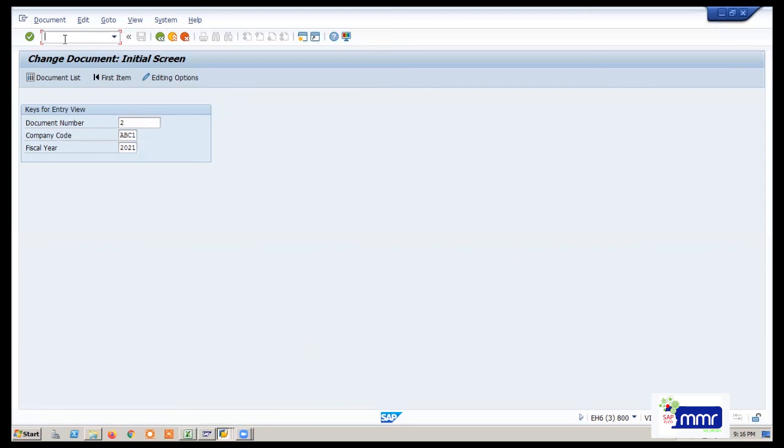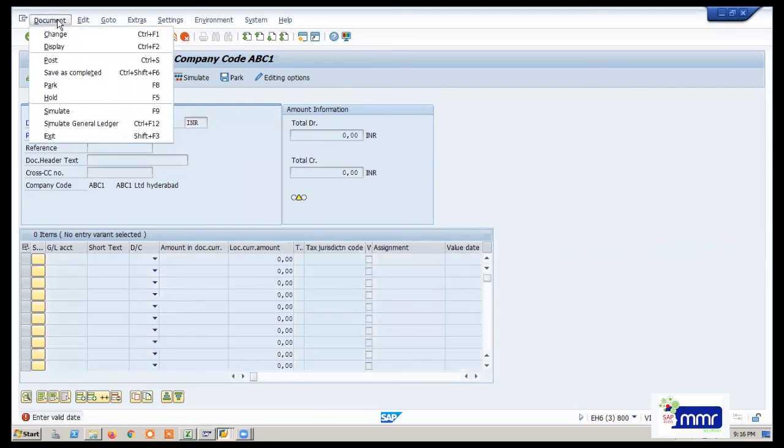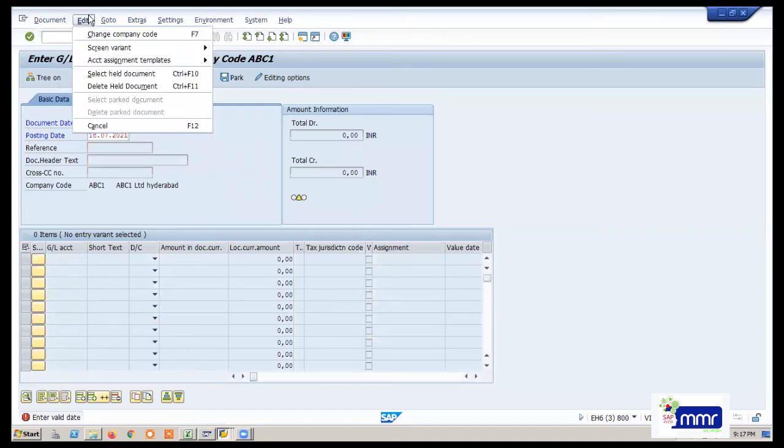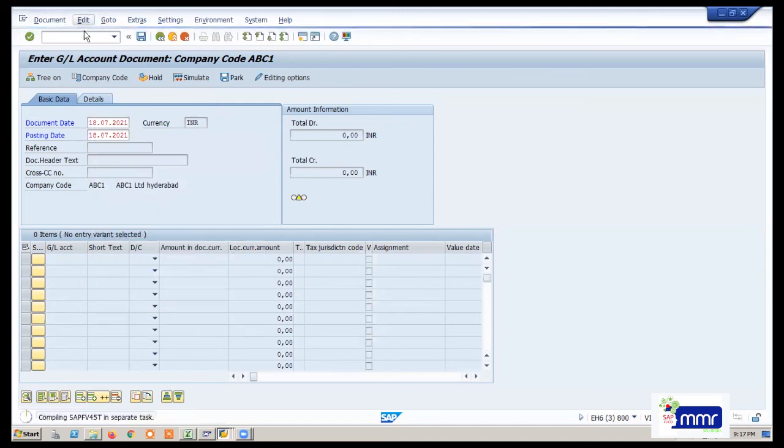If you post with FB50, some GL posting, you just check it. Any attachments you can do here also. If you are posting a salary posting from GL posting and you go to the document, there is an attachment option. You have to attach your supporting documents in the same screen itself.